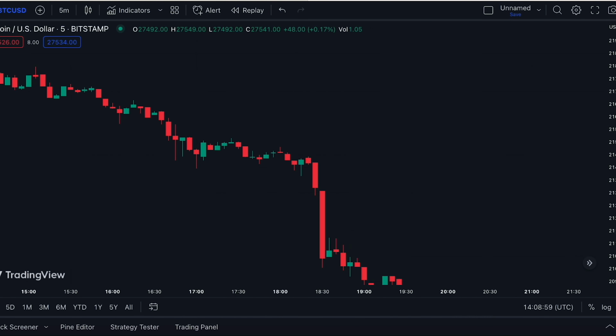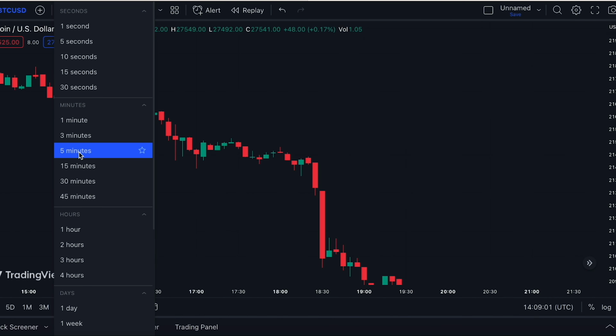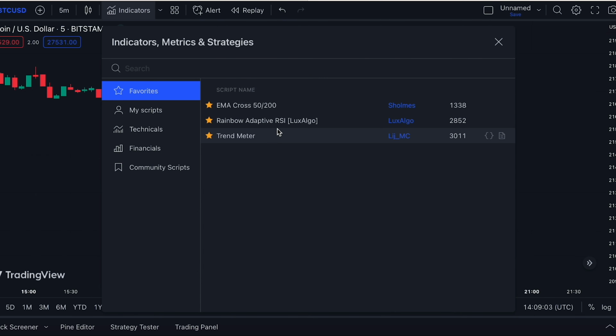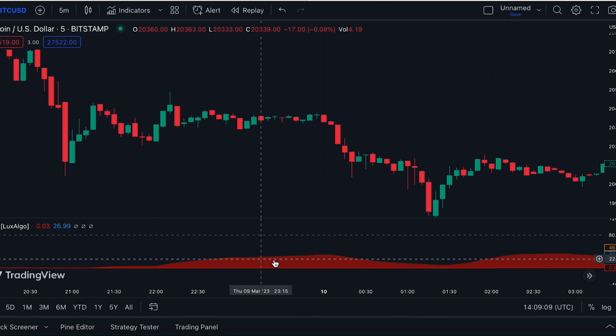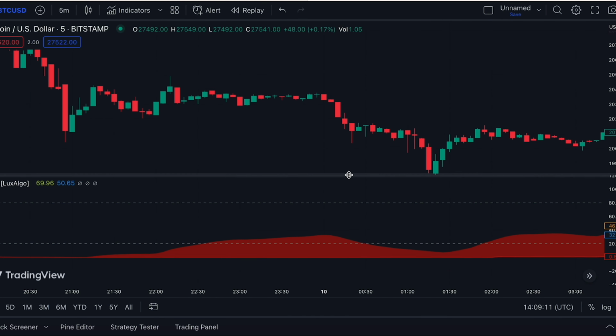First, adjust the time frame of the chart to 5 minutes, then go to the Indicator Search tab and look for the Rainbow Adaptive RSI indicator. Select the Lux Algo indicator and place it on the screen. The indicator will now be added to the chart, and as you can see, it looks a little different than